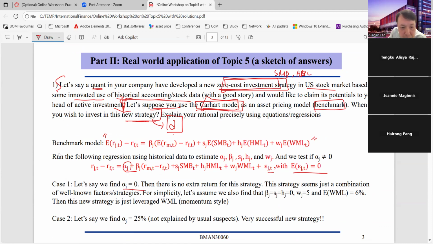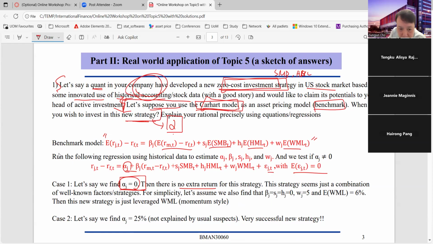Now, if alpha is equal to 0, then if you take expectations, it will go back to the CART model. So what you said is the CART model is correct. This is the right model. What is the meaning of that? The meaning is if you implement this strategy and earn excess return from it, there is no alpha, which means what you earn is still something the CART model says you should earn. There are no extra returns. Your return from buying this new strategy is just coming from the already well-known premium